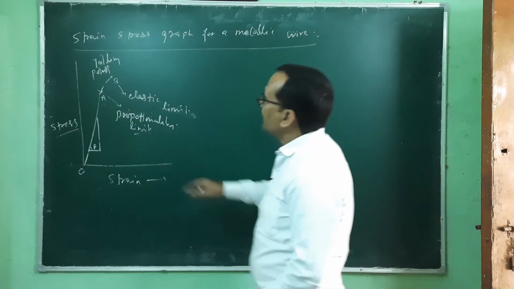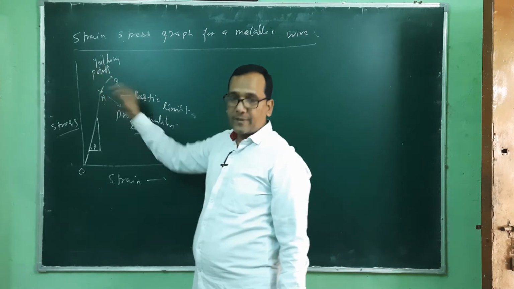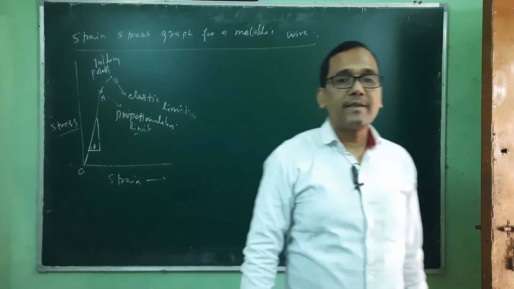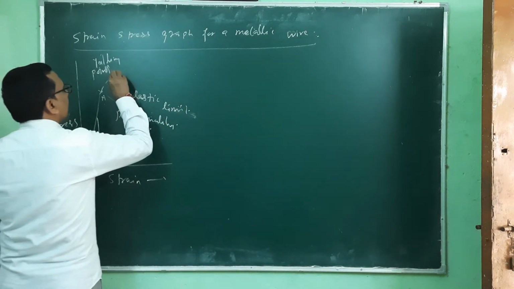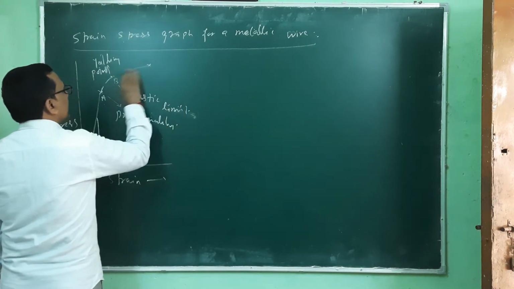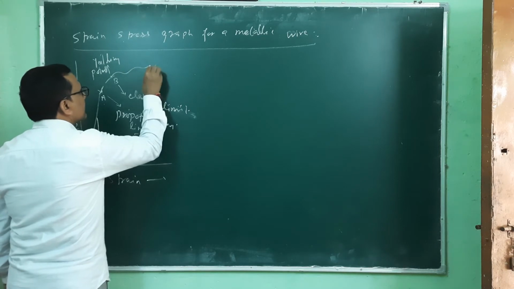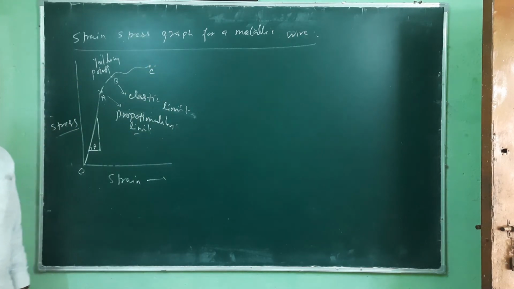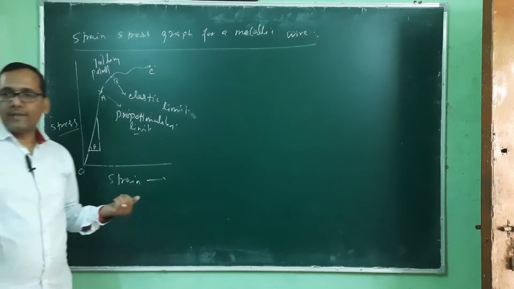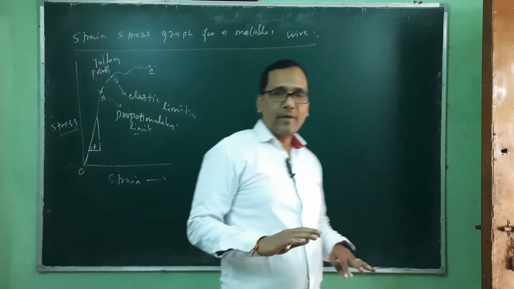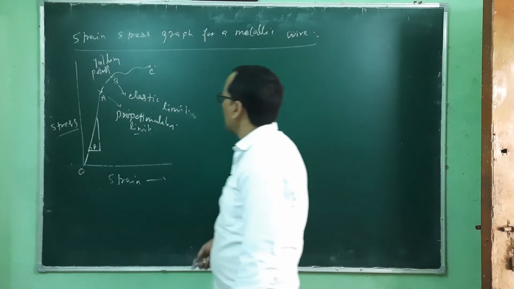So this B is the yielding point. After that, the behavior of the system changes. When we further apply the force, we have a drastic and random change, up to that point C. Now the system is deformed permanently, which means the elastic property is gone and plastic behavior is shown by the material.